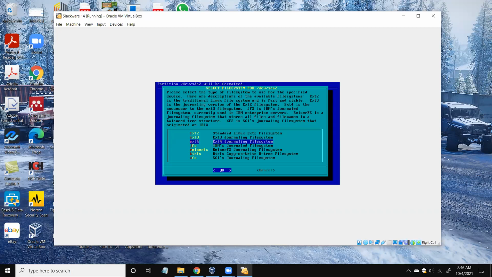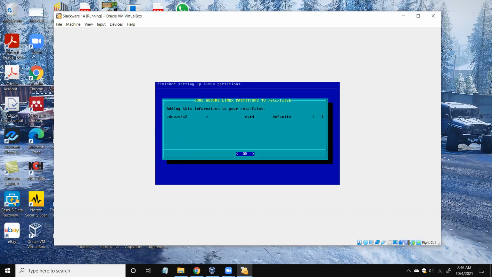We will keep it as ext4, and there are certain other benefits that I will explain in the lecture. If you are really interested, you can search on this file system. It is very interesting to see what these different file systems are and why they are important for Linux installation. So I have used that.